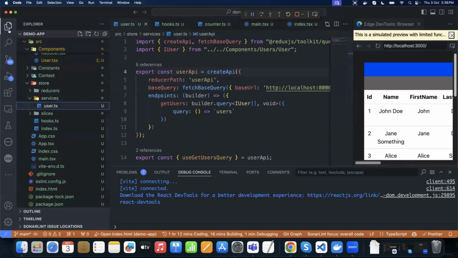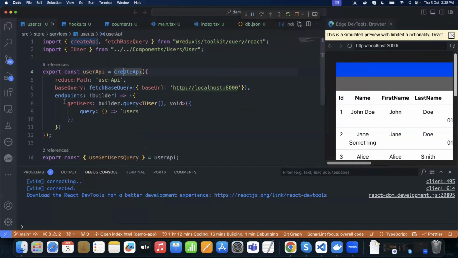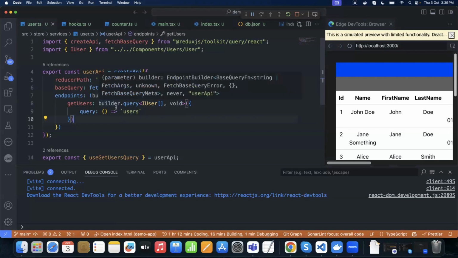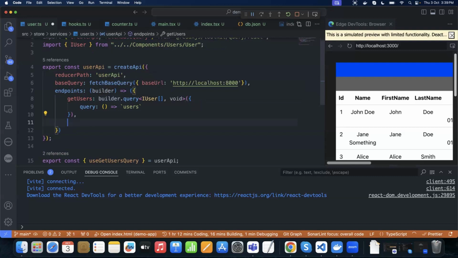So here we have only one endpoint. We have defined only one endpoint to fetch user. So I'm going to add a couple of endpoints, a couple of mutations. To retrieve, we normally use the builder.query option. The same way, to perform update or modify anything in the database, we will use the builder.mutation option. So here,